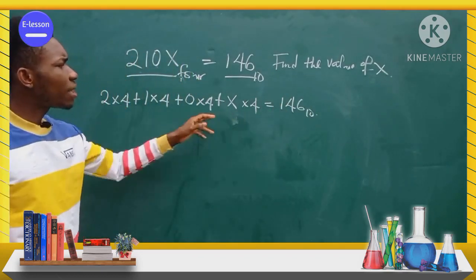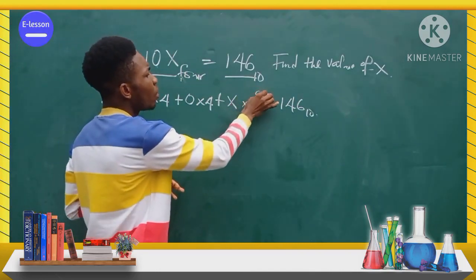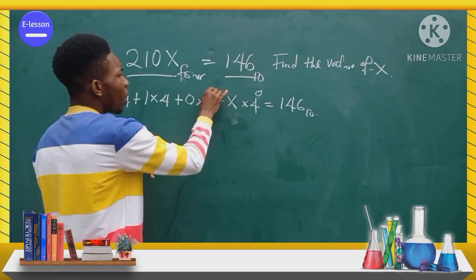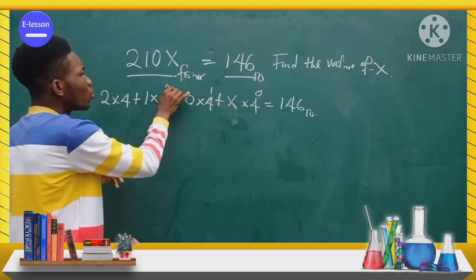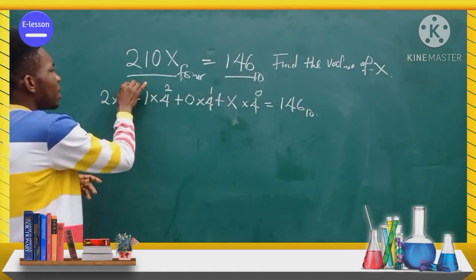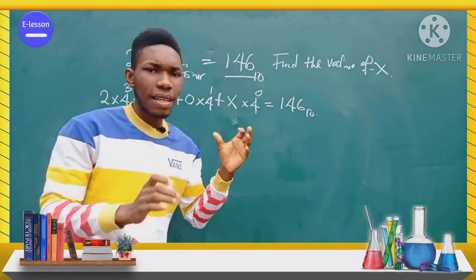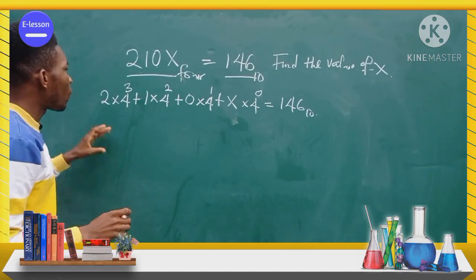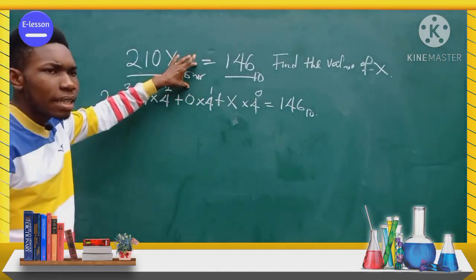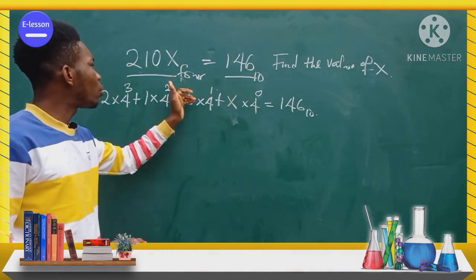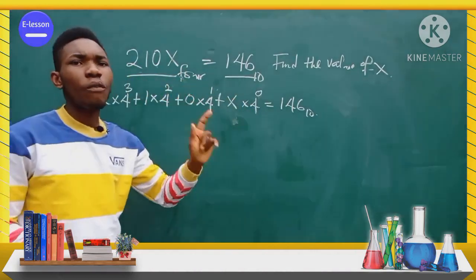Now, having written this, the next thing you do is add 0. As you are going backward, you are adding 1. So 0 plus 1 is what? 1. 1 plus 1 is 2. 2 plus 1 is 3. So in this case, you've converted from base 4 to base 10. If you look at the approach we took, first of all, we multiplied by the base. Then after multiplying by the base, we added 0, 1, 2, 3 on top of each of the bases